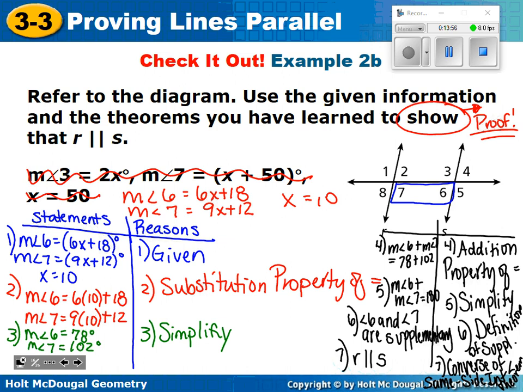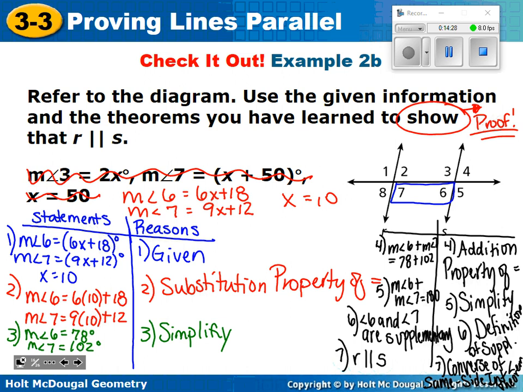right? So what is helpful for you, if that doesn't make sense, is don't write it that way. Write it as measure of angle 7. So then we added angle 7 to the left, we added angle 7 to the right. That's the addition property. Then go a step further and say measure of angle 6 plus measure of angle 7 equals 78 plus 102 by substituting in the 102 for angle 7. And so you would just have an extra step,